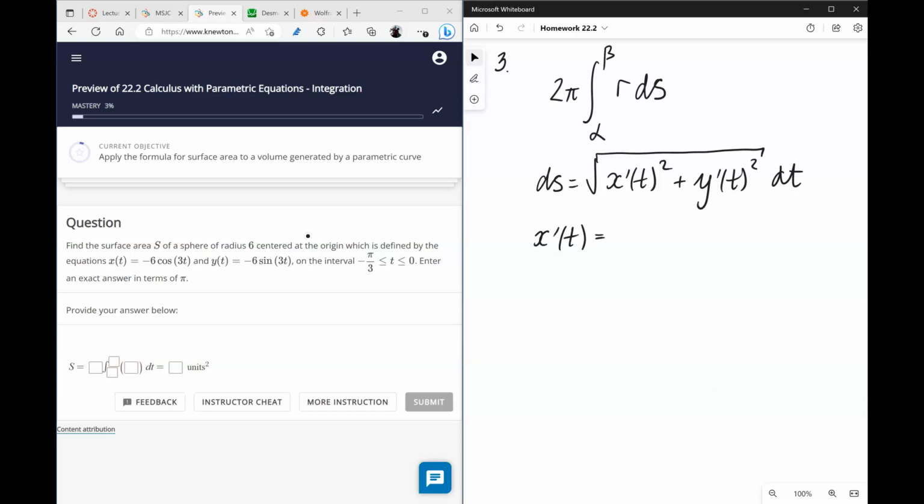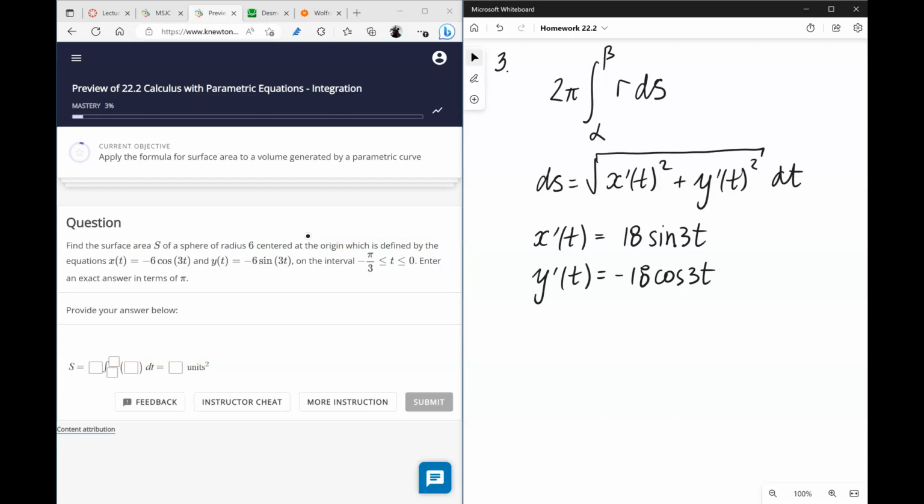It's going to be 18 sine of 3t, and y prime of t is going to be negative 18 cosine of 3t,